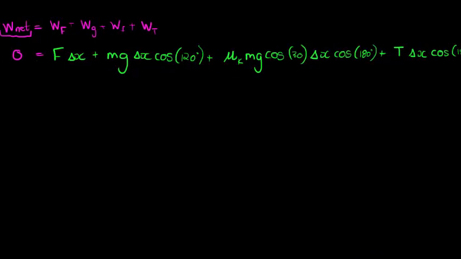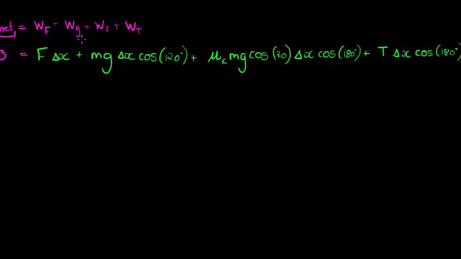Cool. And this is again just a massive formula, but it's brilliant. 0 is equal. We're just going to divide away delta x in every single term. So just take it all from the beginning. Is mass. We're working with the 3 kilogram, 9.8. Delta x is now gone. Cos of 120